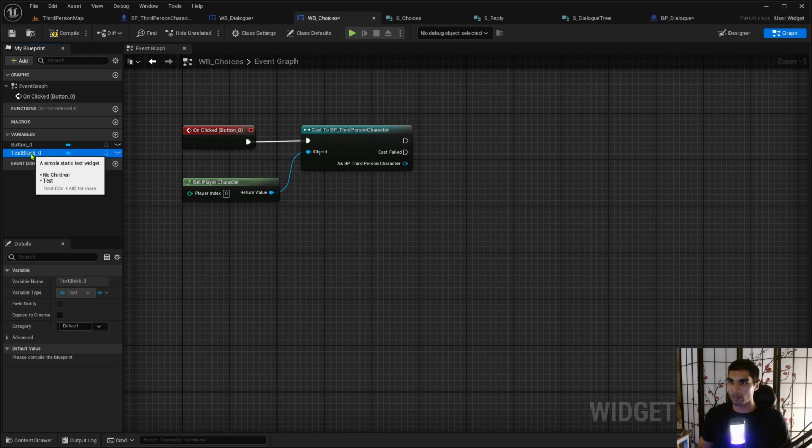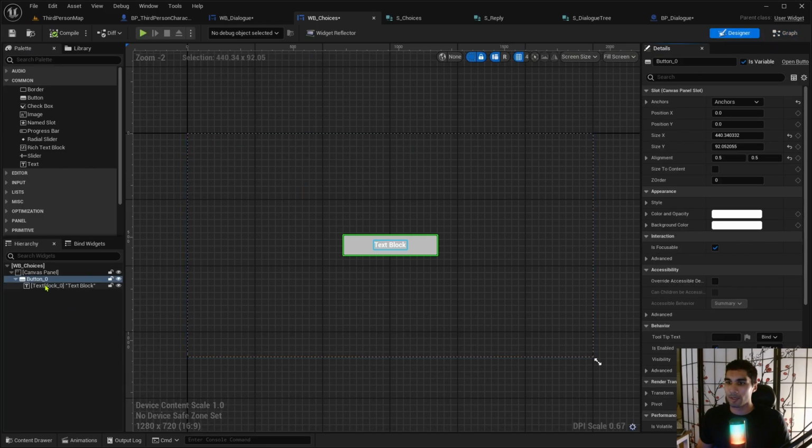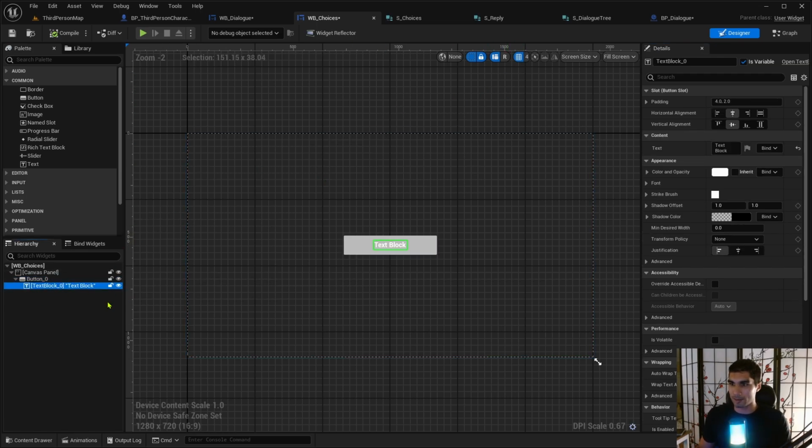Oops, I'm pressing the wrong button. Wait, why is this being weird? F2? What is going on? Oh, maybe I need to compile it first. No, it's not letting me rename this. Oh, I rename it here? I thought you could rename it in the other place as well. Apparently not. Let me change this text block to